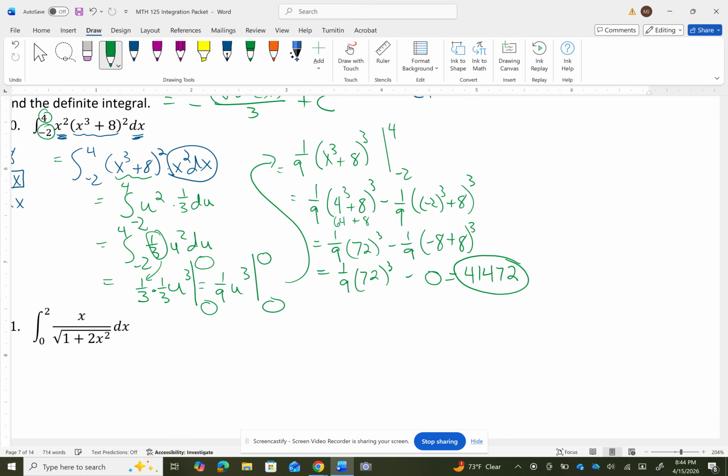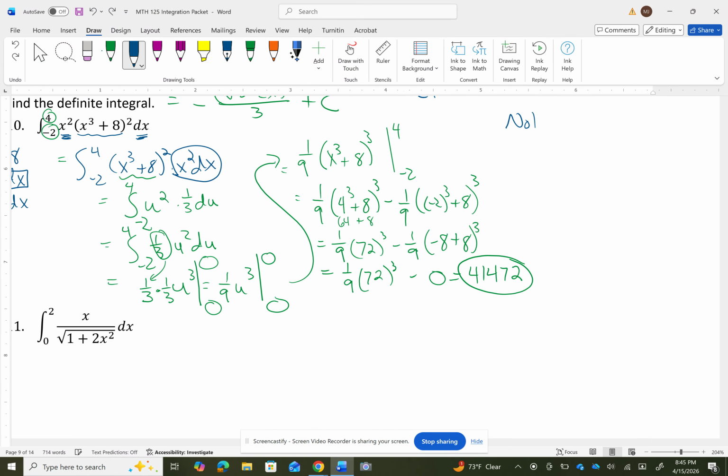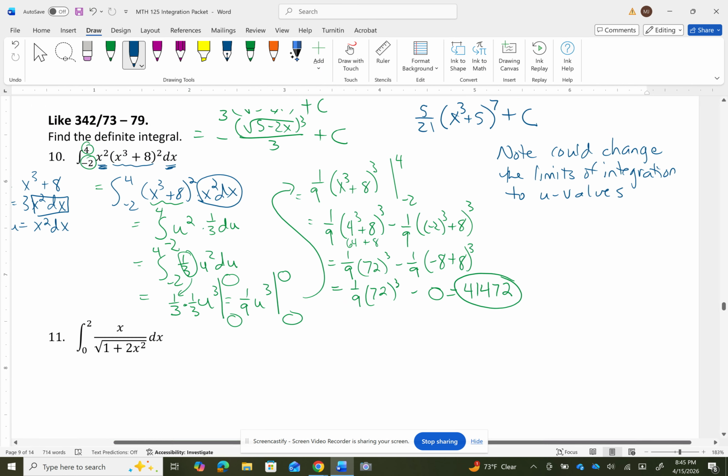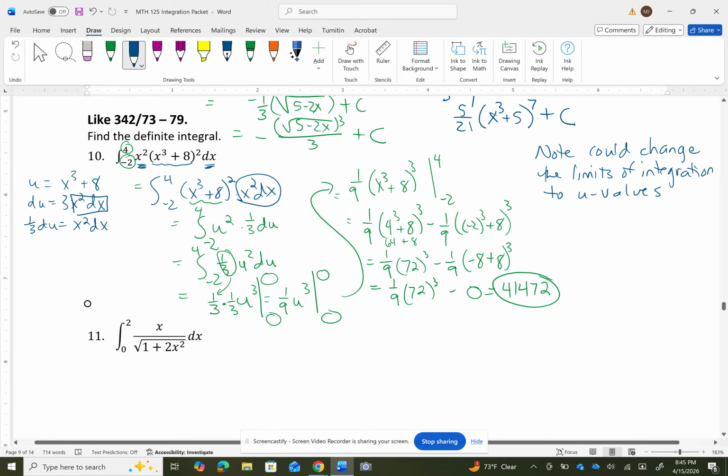Okay. Now, note, it's kind of fun, something else you could do. I want you to note you could change the limits of integration to u values. Okay. So you could do that. Let me make this a little smaller so you can see way over here. So see right here? What I could do is